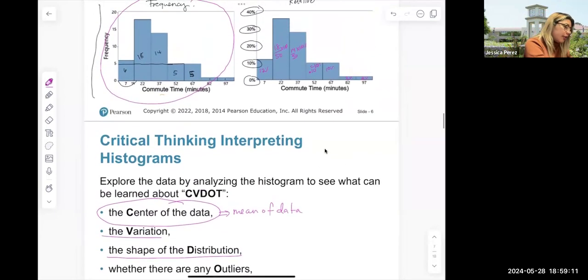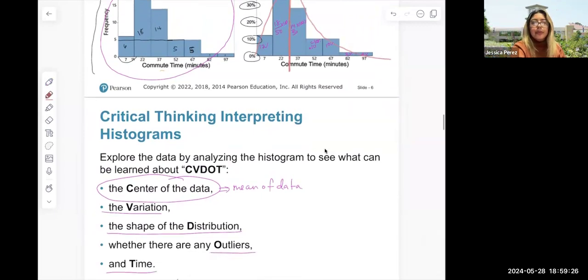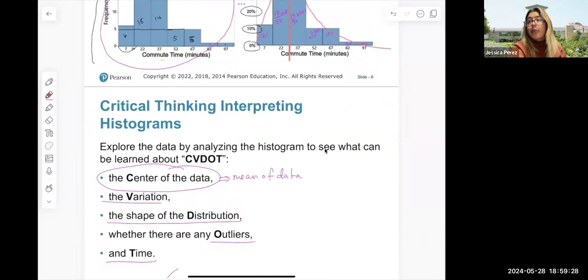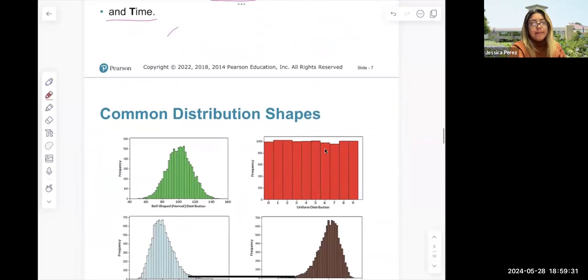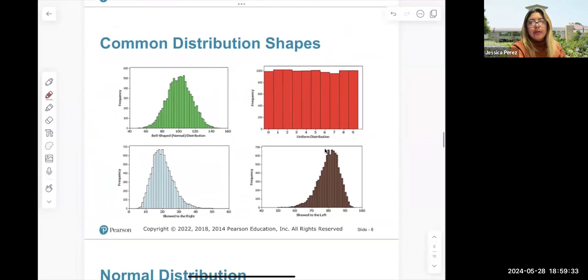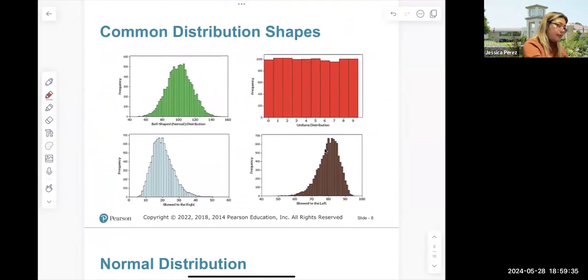Notice here, this is starting low and then it has a peak and then it's going low again. So usually right here, this is looking like a maximum. It's going to have a peak and then it's going to come back down. Okay, so this is approximately normal. Let's look at the different distribution types. This is the bell curve. This is a normal. See how it starts low, peaks, and then goes down, and then we can identify the